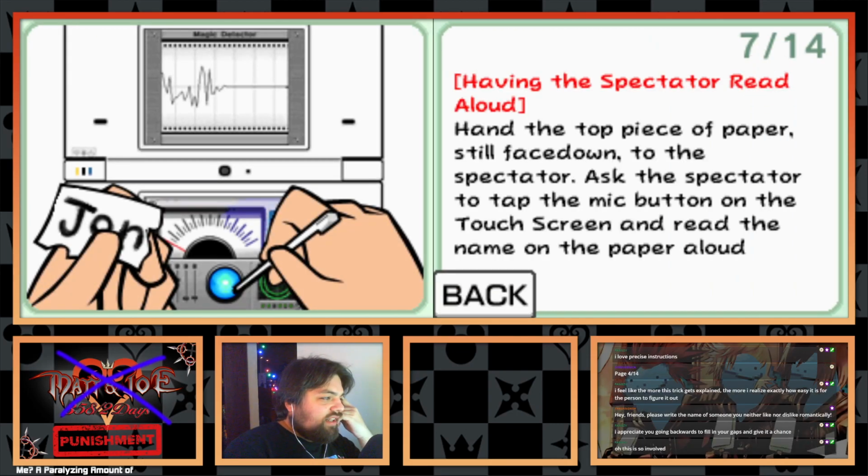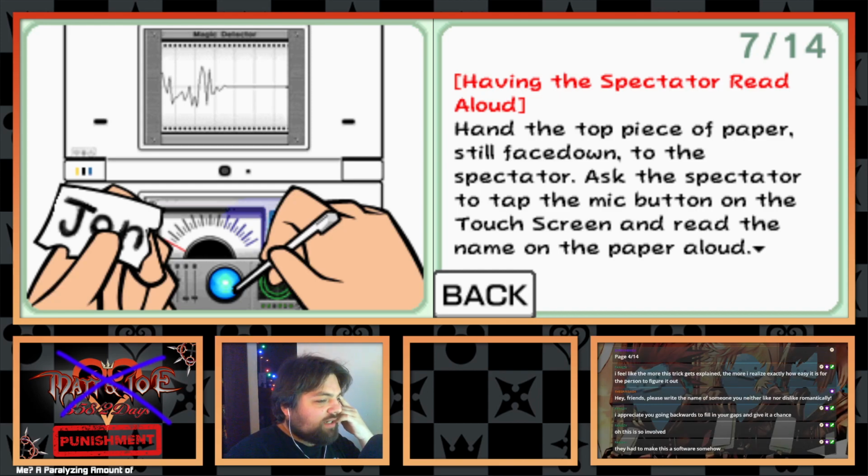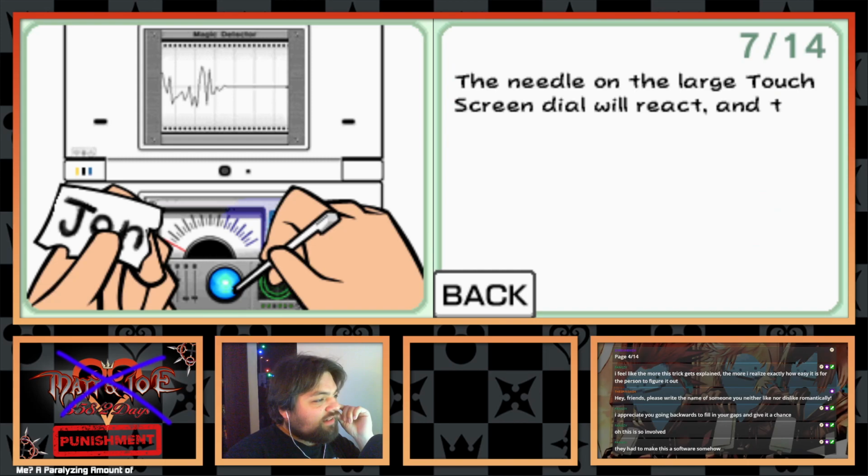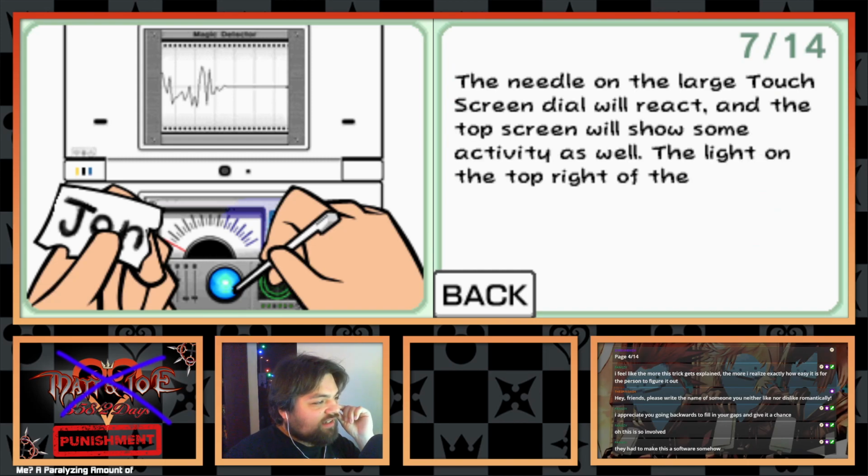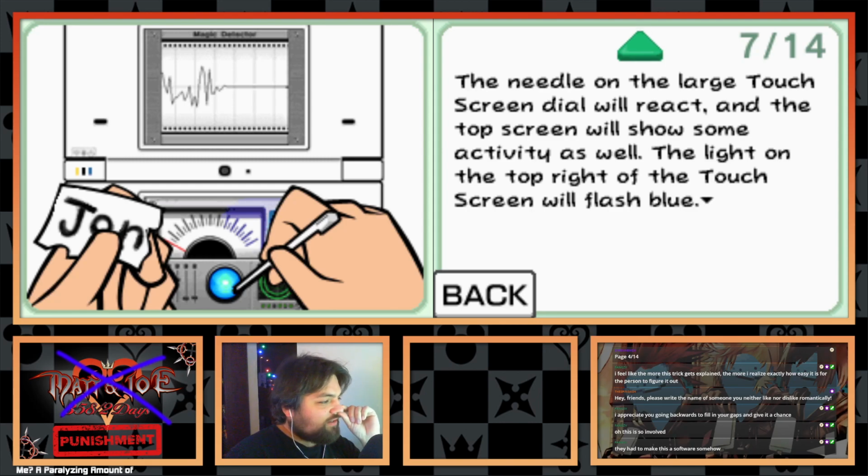Having the spectator read aloud, hand the top piece of paper still face down to the spectator. Ask the spectator to tap the mic button on the touchscreen and read the name on the paper aloud. The needle on the large touchscreen dial will react, and the top screen will show some activity as well. The light on the top right of the touchscreen will flash